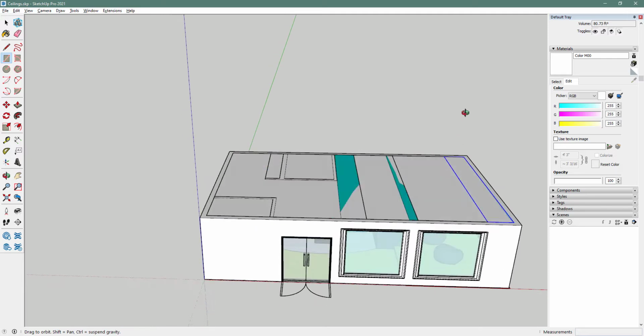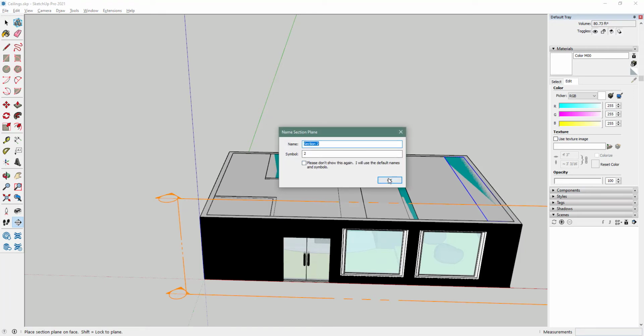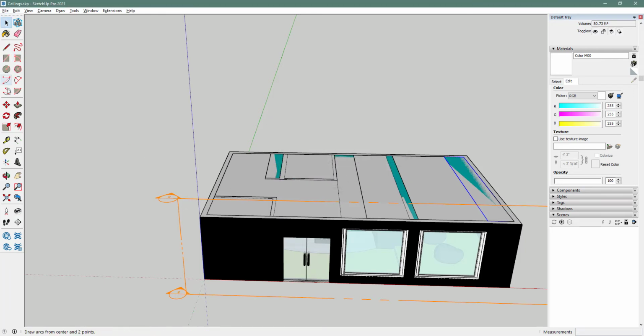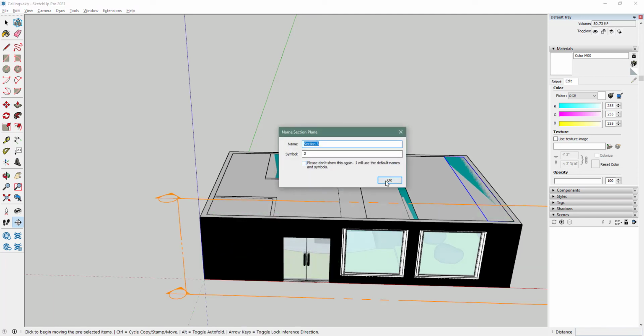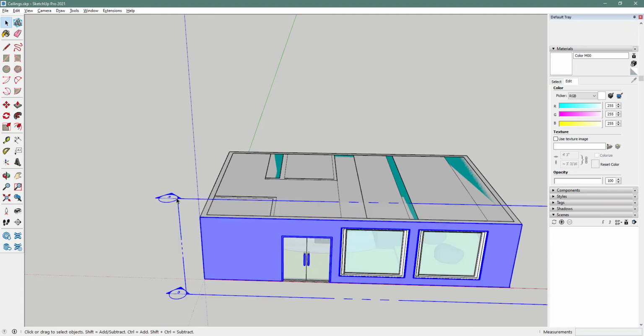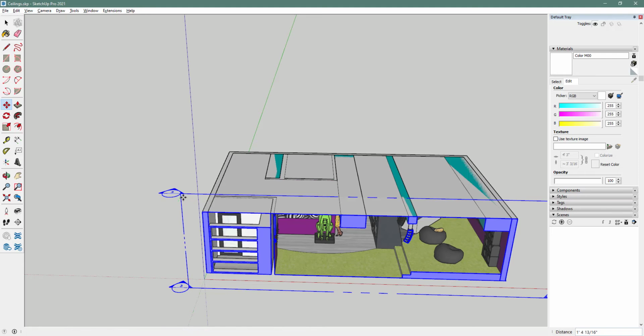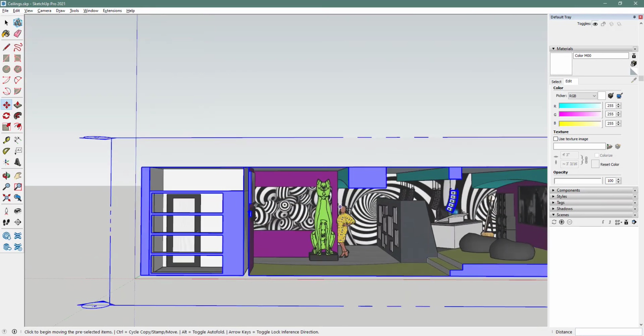And in this way, I can use a section plane on the front of the building, or whatever side that you want to. And I'm going to just move this. Oops, I grabbed the wrong thing. Let's try this again. Section plane. This time I'm going to click on the section plane, and then I'm going to move it. There we go. So now what I can do is I can actually come in here at Barb, or Roberta's,